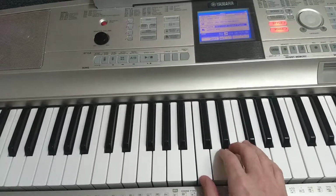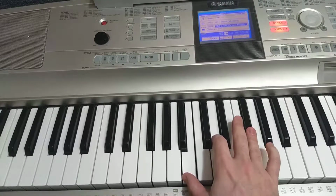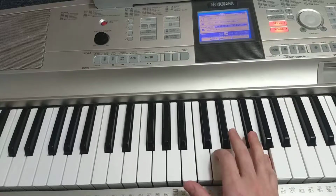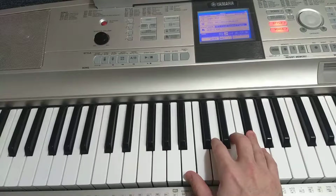So the right-hand part altogether is like this. E, B, F sharp, G, F sharp, G, B, C, G, F sharp, D, G, F sharp. That's the first half of it. It repeats,